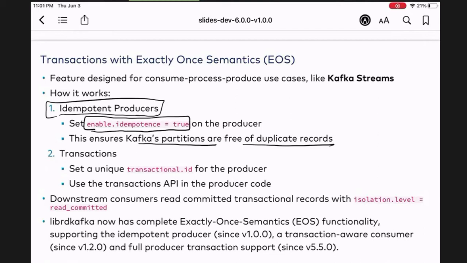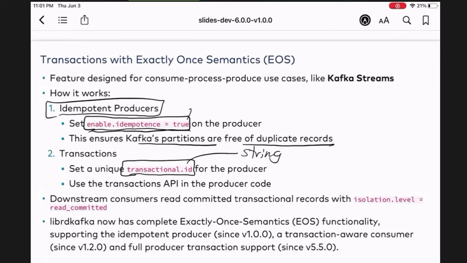So in this case, what do we set? If we're using a Kafka producer at a very low level, we want to set idempotent to true. Then we want to set a unique ID called the transactional ID. This is just a string, just like you set other properties, like a group ID, but this is called a transactional ID. So it will be one line in your producer code.